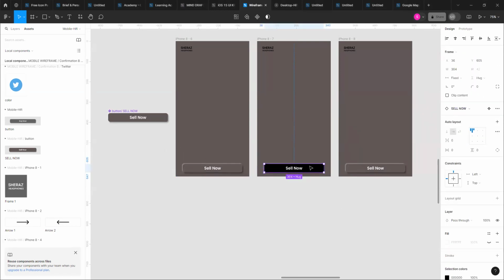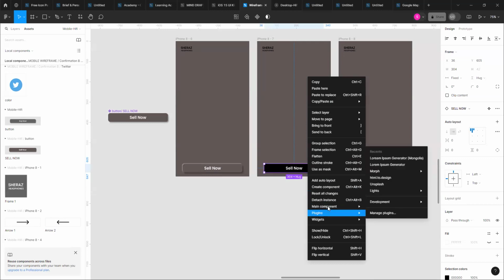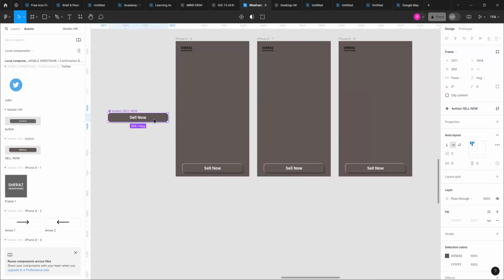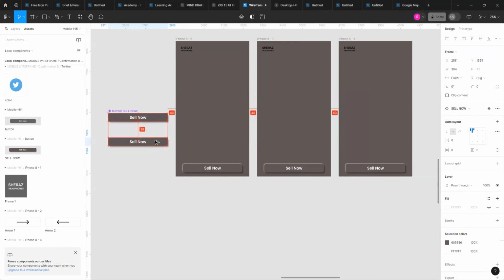So in this way you can change your components and you can play with the instances. Okay. And for example, you have this main component and you want to make an instance of,